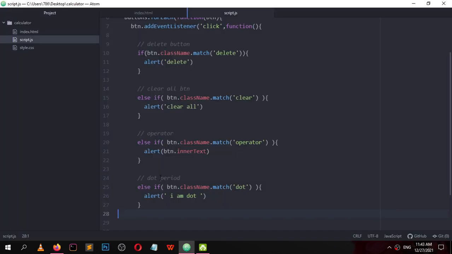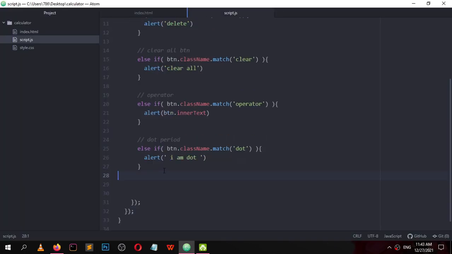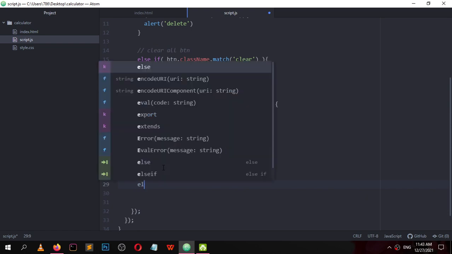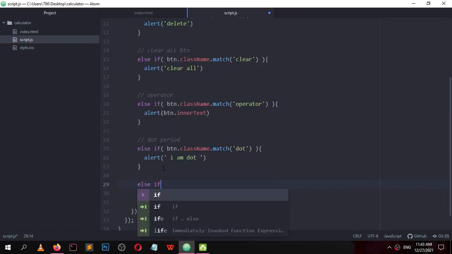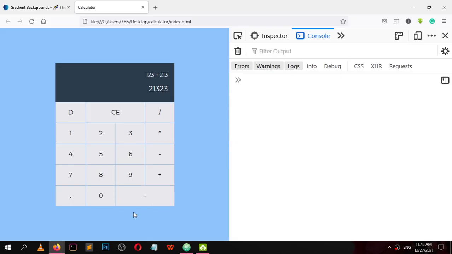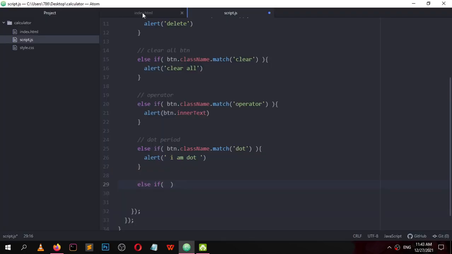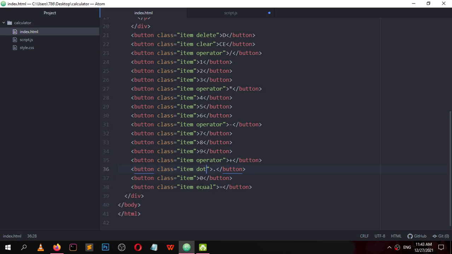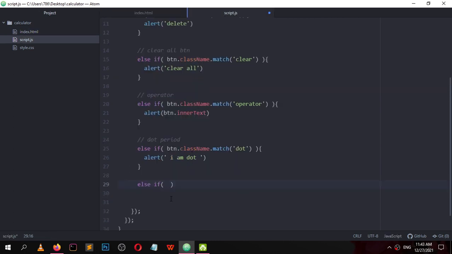So let's now check for equal. Else if this is equal. We have given the class name equal for this button. Copy this, button.className.match equal, and equal should be a string.